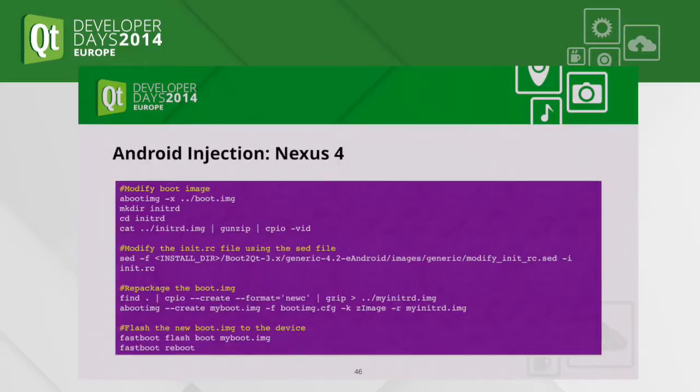And I won't go over all the details of this, but taking just a standard Nexus 4 phone, this is my old phone before I upgraded, turning this Android device into a Boot to Qt device, I can do the same development with everything on. It was just a matter of doing these things. It's a bit tricky with this device because